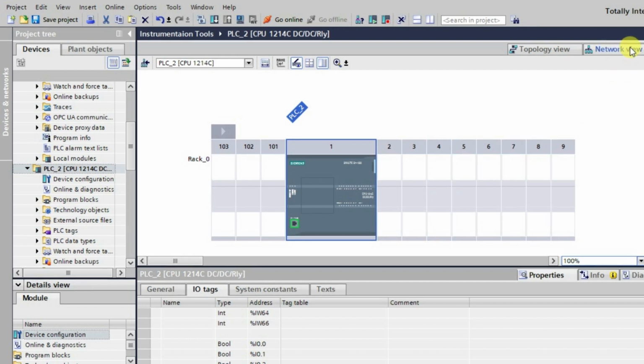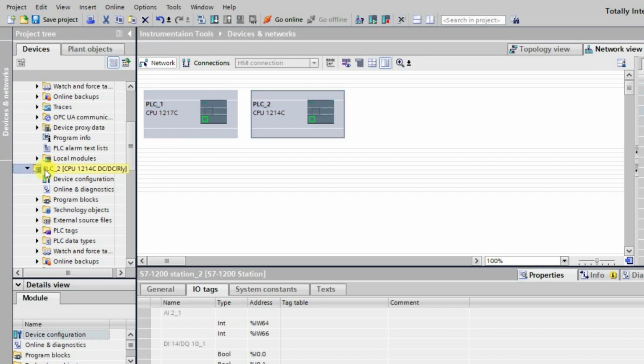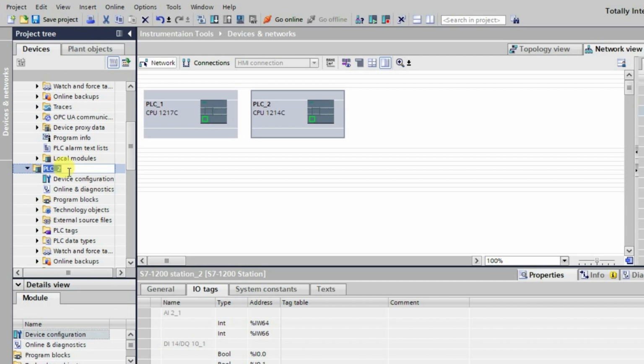Now in the network view, if you observe, this is our PLC1 and this is our PLC2. We can rename this also; there is an option available, so we can write some other name for this CPU.